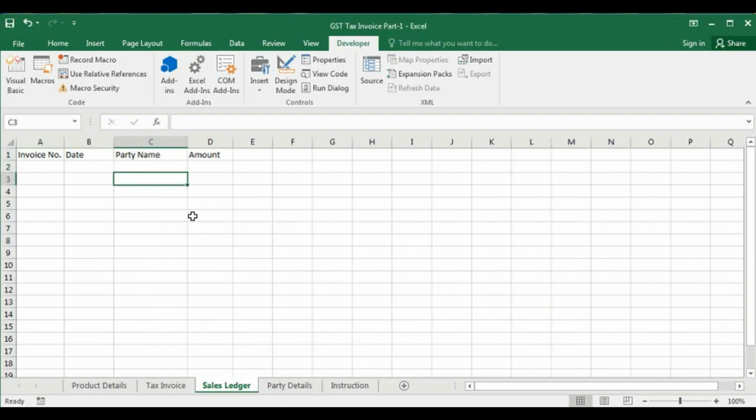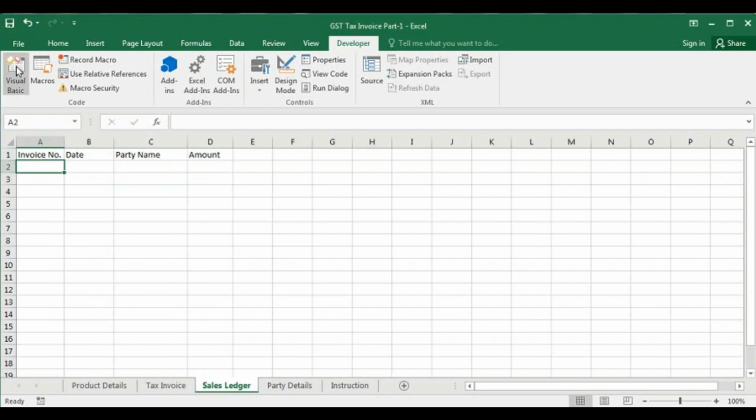So this is the sales ledger. Here I will put the invoice number, date, party name, and when we click the save button, then it will select the last blank row. So how to do this?